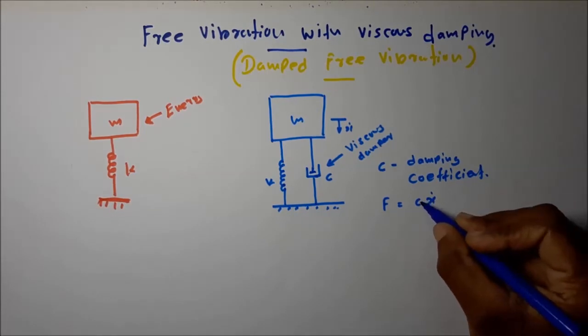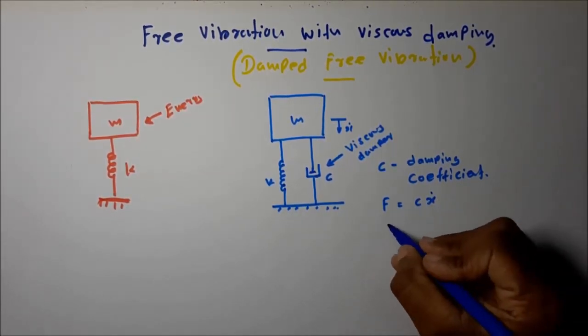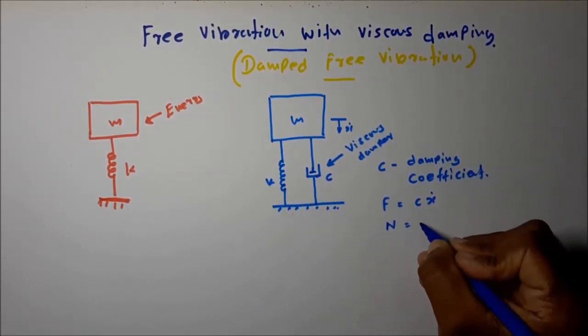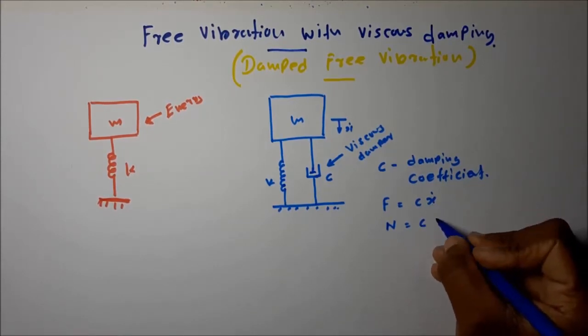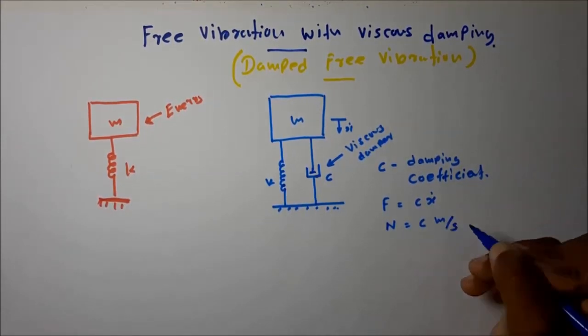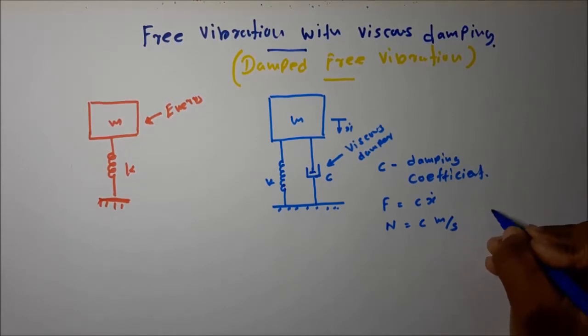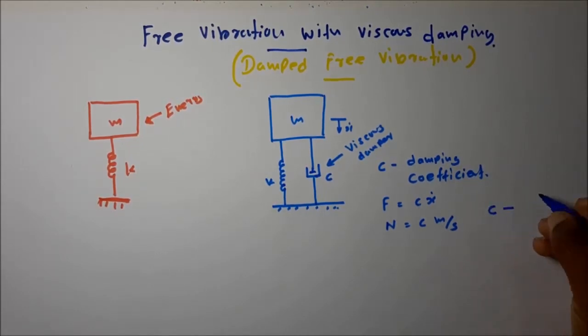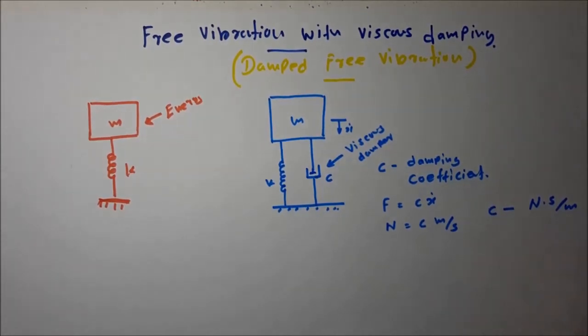So then what is the unit for the C? This is Newton. This is C times x dot, the velocity, meter per second. So the unit for the damping coefficient is Newton second per meter. Newton second per meter. Okay. Then in this situation,